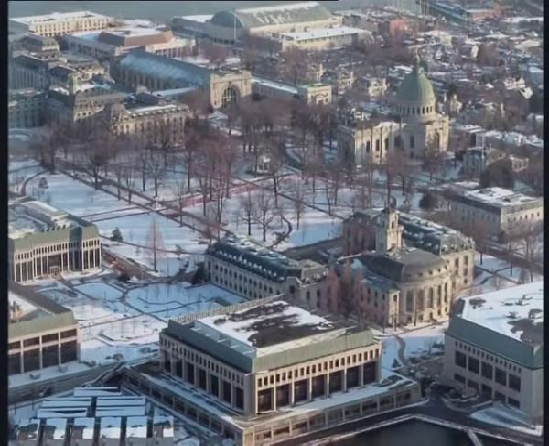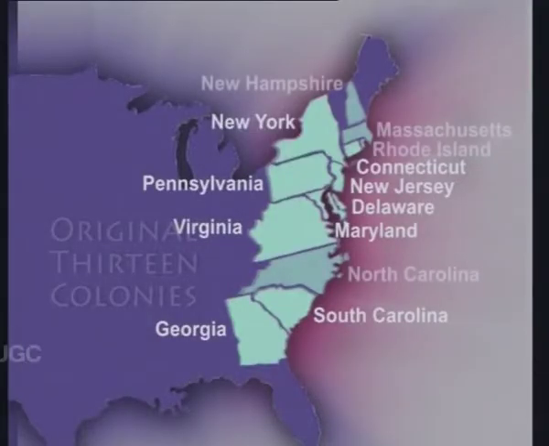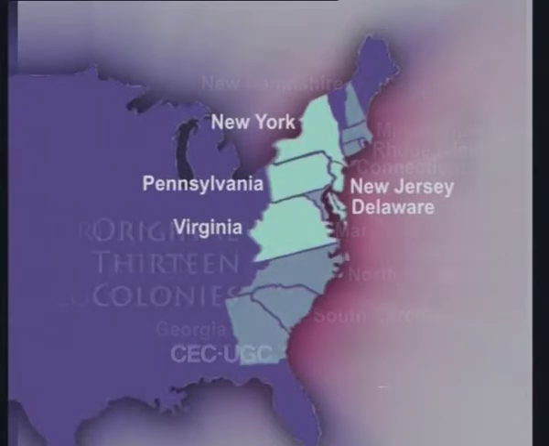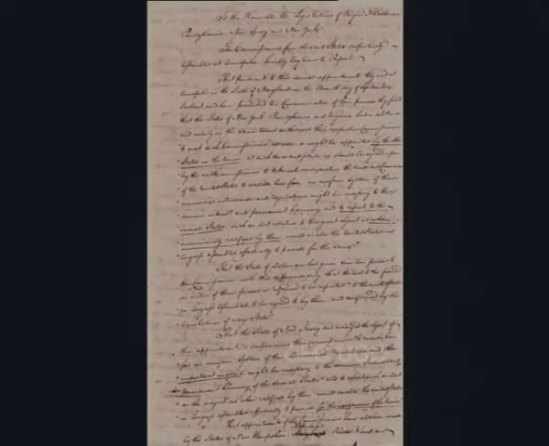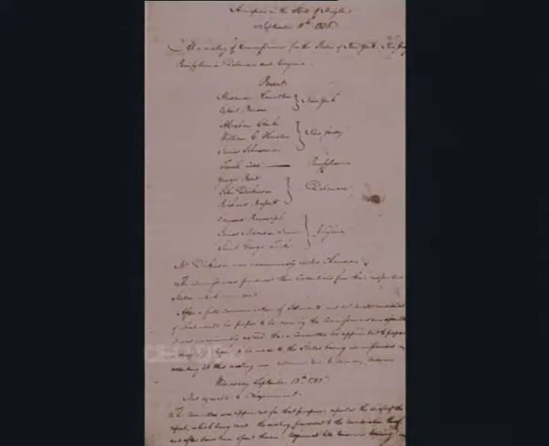The convention met from the 11th to the 14th of September 1786. New Hampshire, Massachusetts, Rhode Island and North Carolina had appointed commissioners who failed to get to the meeting in time to attend it, while Connecticut, Maryland, South Carolina and Georgia had taken no action at all. The commissioners felt that there were not enough states represented to make any substantive agreement. Thus, they produced a report which was sent to the Congress and to the states. The direct result of the report was the Philadelphia Convention of 1787.